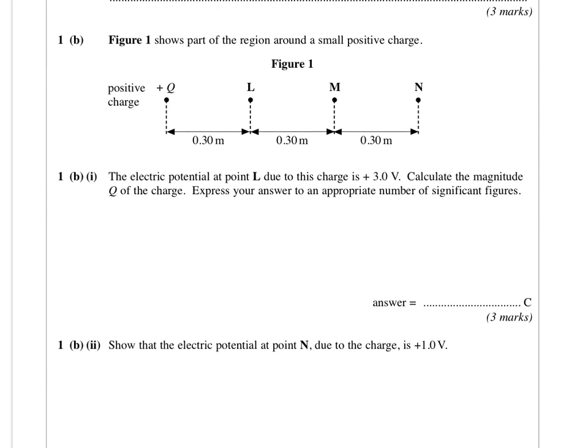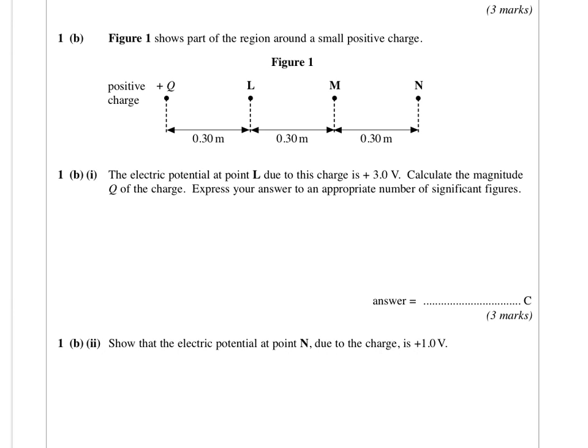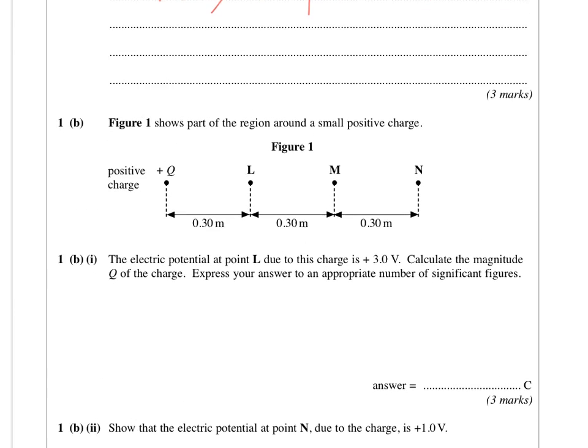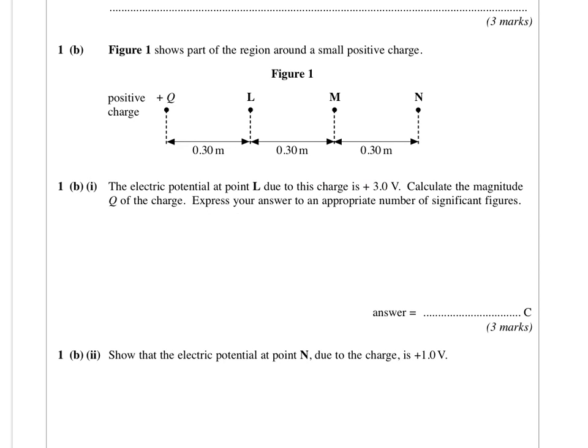Okay, so let's look at applying some of this. The electrical potential at point L due to the charge is 3.0 volts. Calculate the magnitude of the charge, expressing your answer to an appropriate number of significant figures. So let's remind ourselves how we calculate potential in an electric field. So we're going to have V equals Q over 4 pi E0 R. So this is just inversely proportional, it's not an inverse square law. So we need to rearrange it to give us Q,